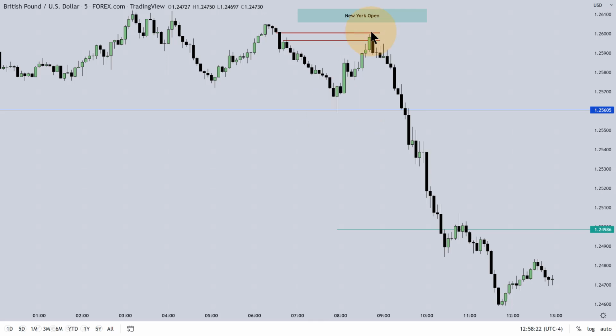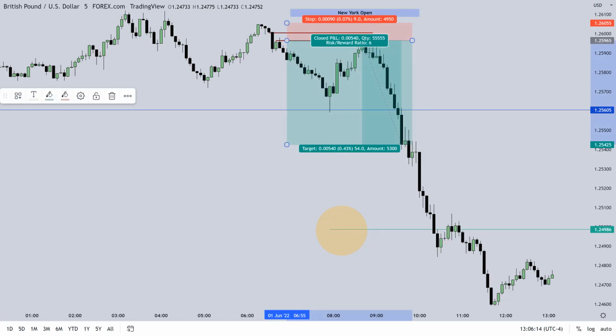I'm going to standard deviation this run from here to here and project that down. And I want to take first partial at 1 standard deviation between this low and this high. Basically, this is a measured move. I would take 1 partial off there. Then I would take another one at 1.5. And then I would look to see if I can get a fill on that old relative equal low on the hourly chart.